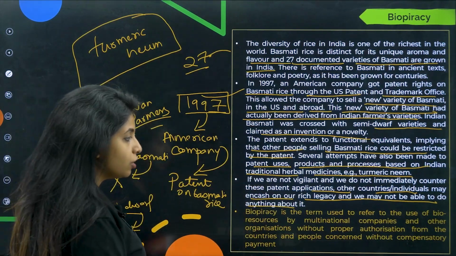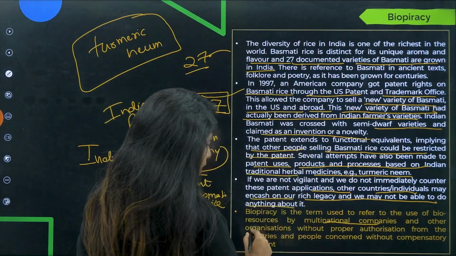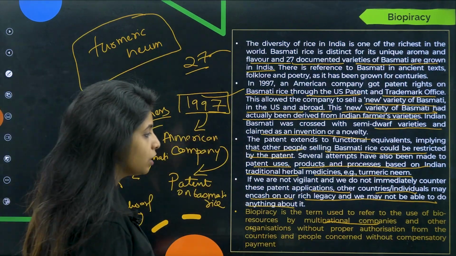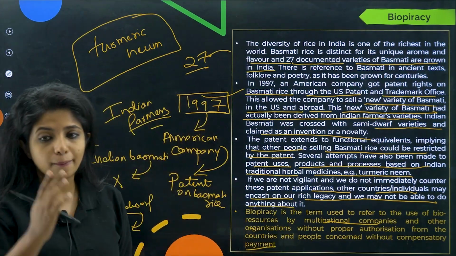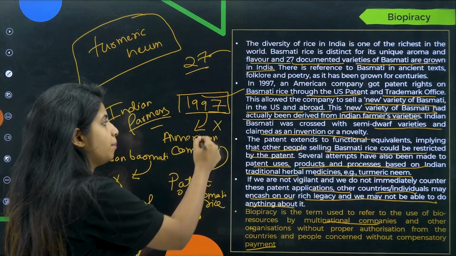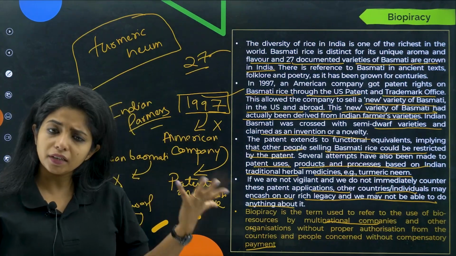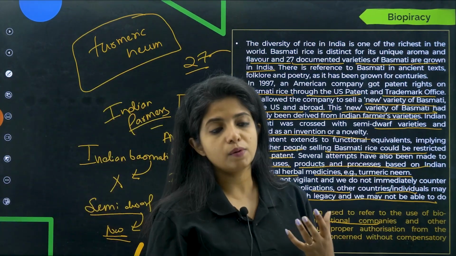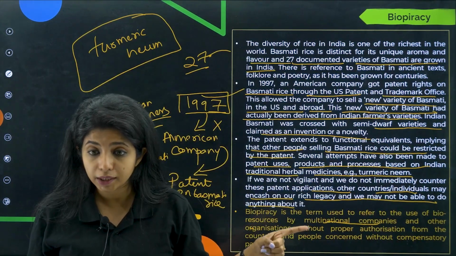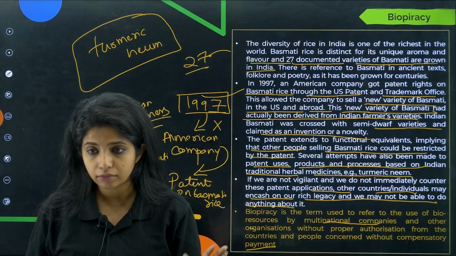So biopiracy is a term used to refer to the use of bioresources by multinational companies and other organizations without proper authorization from the countries and the people concerned, without compensatory payment. So for example, let it not be America, any other company, any other country, Indian company also you can take. From farmers you are taking the rice and you are selling it without giving them payment. Okay, without telling them anything, you are not sharing your profit with them,